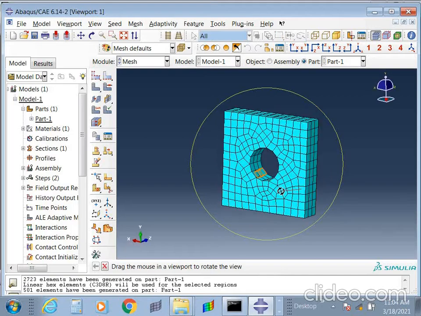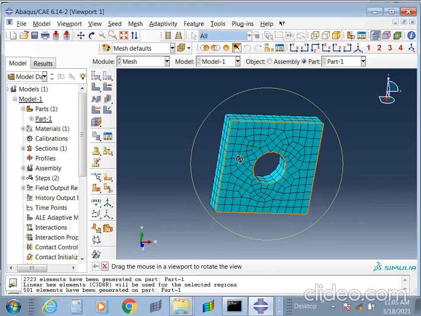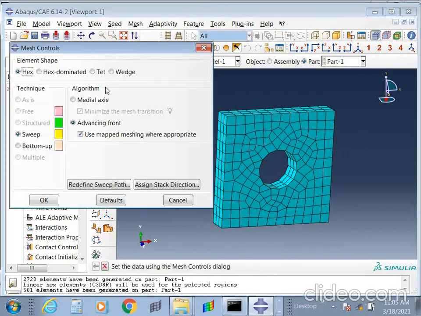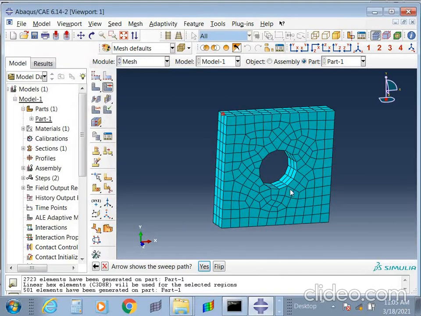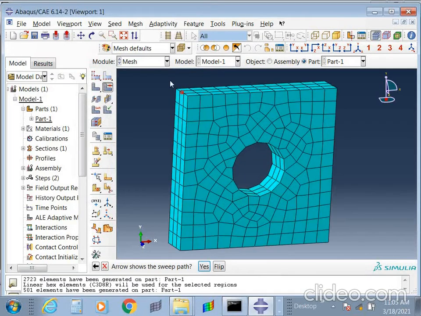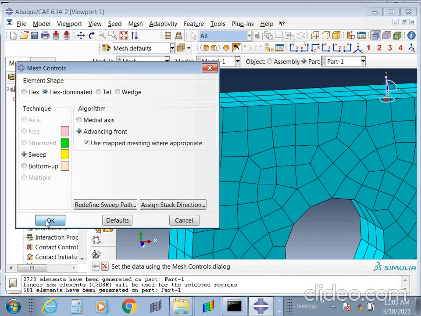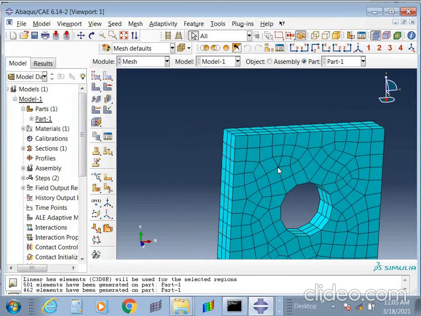Okay, but your mesh is not much neat, typically following a straight line or a finer mesh. It should look neat. For that again you can add a mesh control here. So hexa dominated, refine the sweep mesh. Okay, so click on that, delete mesh again, click on this, and you'll get the part meshed a little bit finer